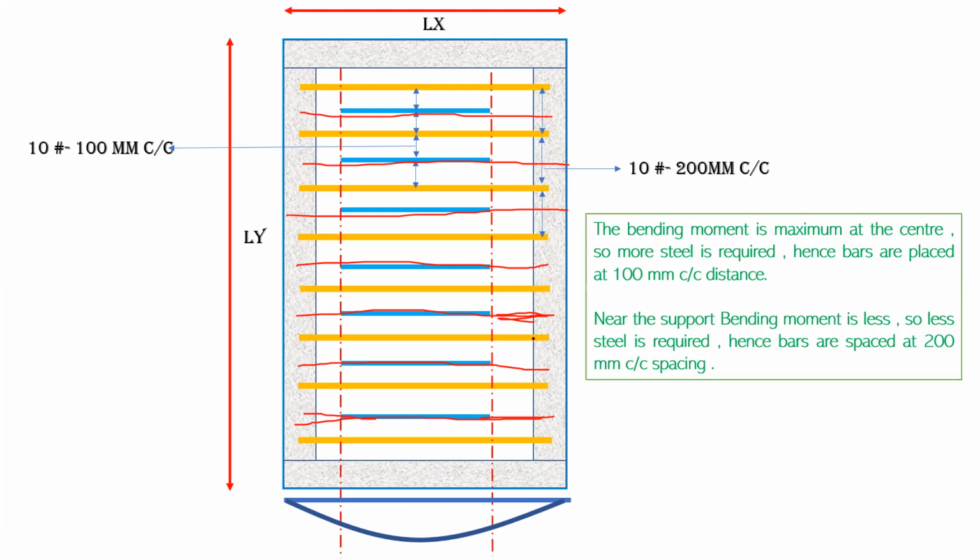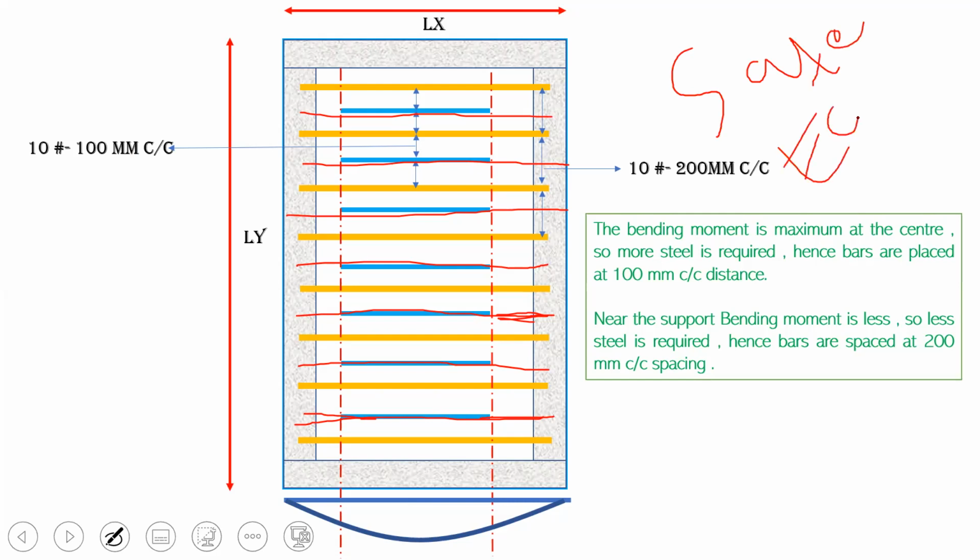So you are actually saving the steel, right? The first thing is that I'm making my structure safe. Once I have made my structure safe, the second thing is I have to make it economical, so that more cost is not involved and no excess steel is used. That is why, as engineers, we try to curtail this bar. This is called curtailment of the bar, and here we are going to increase the spacing.